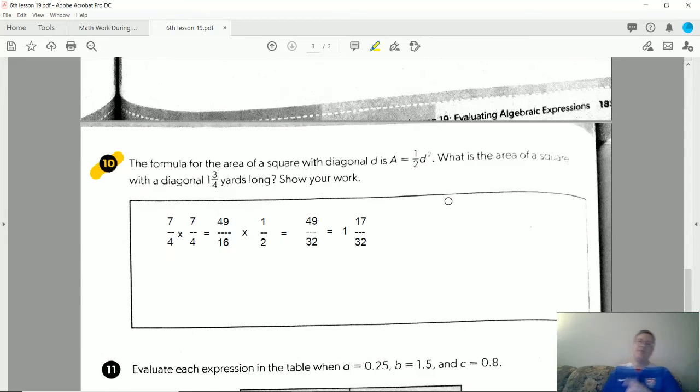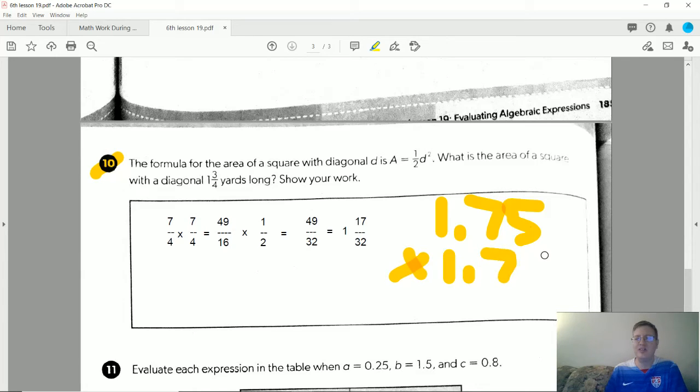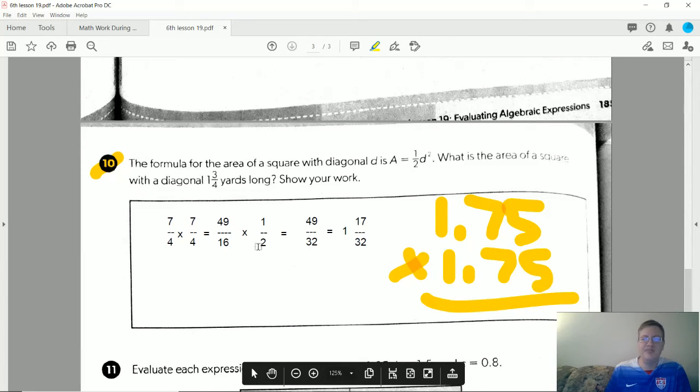This is our last problem, where if you try to do 1.75 times 1.75, you get one giant big old mess, and you're going to be working a lot harder to do that than to change it into a fraction and do 7/4 times 7/4 to get 49/16, and then you're multiplying it by 1/2. So you're going to get 49/32, and the answer is going to be